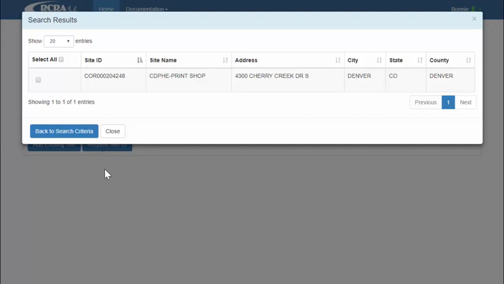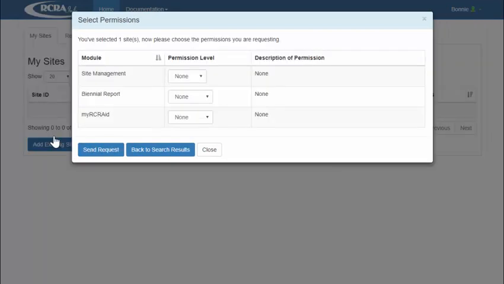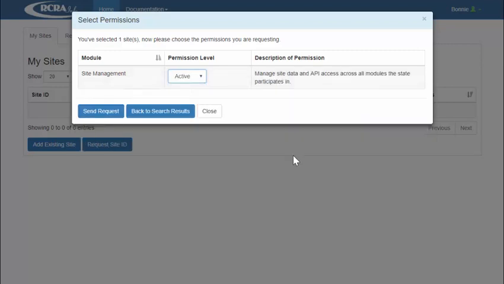Select your site from the options provided by clicking the square on the left. Depending on the information entered, you may have more than one choice. Once you have selected the box, the option to Request Access will appear on the bottom. When you click this button, the next screen will ask you what kind of access you would like for this facility. If you are in charge of all aspects of a facility, you should request Site Management.